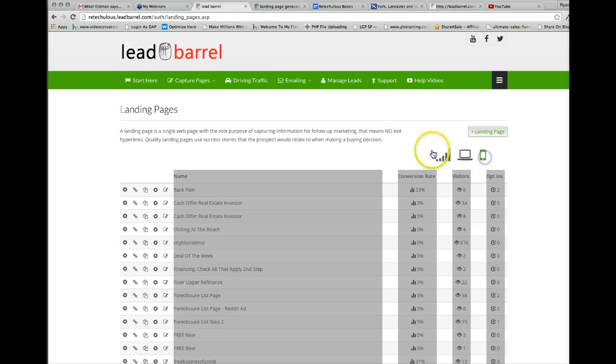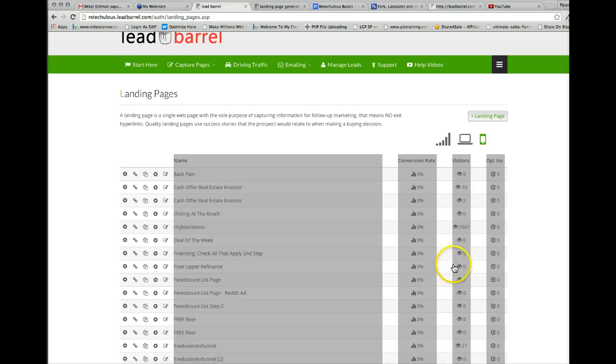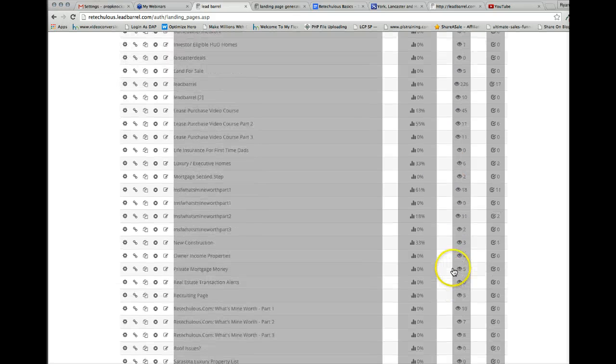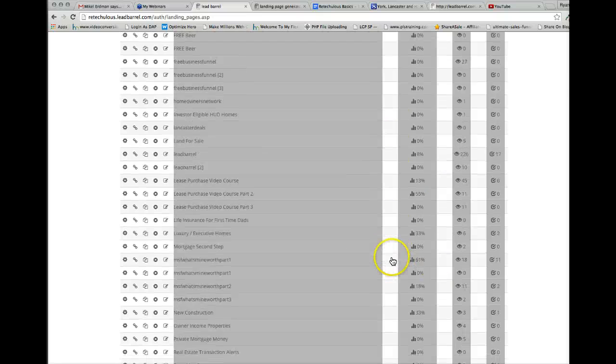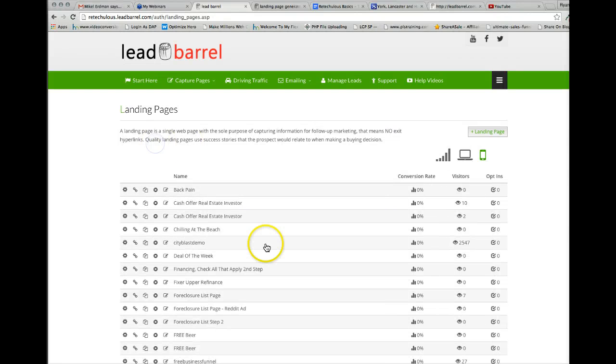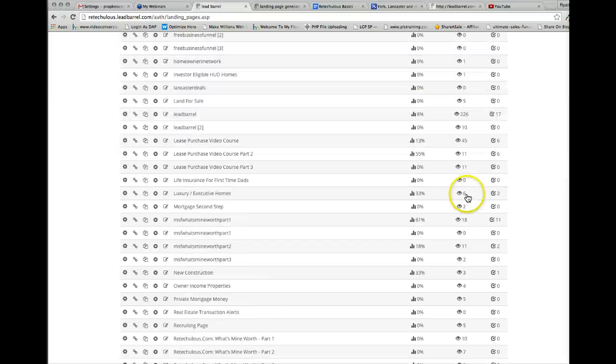Also, cool feature, guys, I don't know if you noticed, but you can actually see how your desktop traffic converts compared to your mobile traffic. I have very bad conversion on this. These are all my demo pages. All right, so